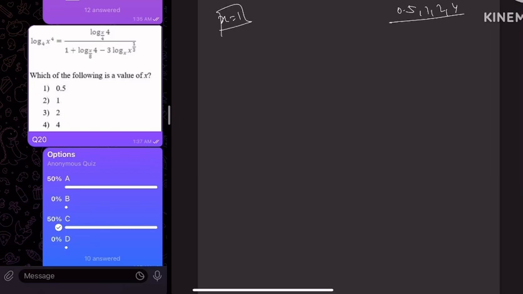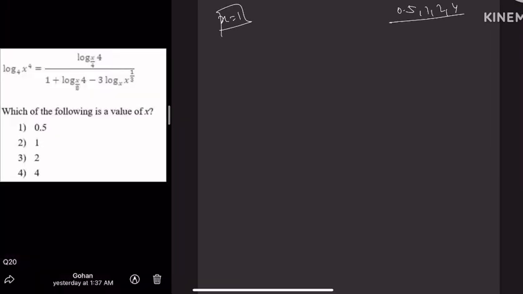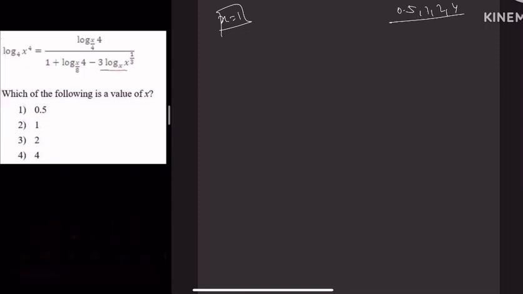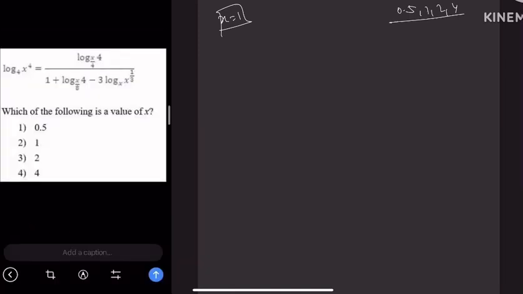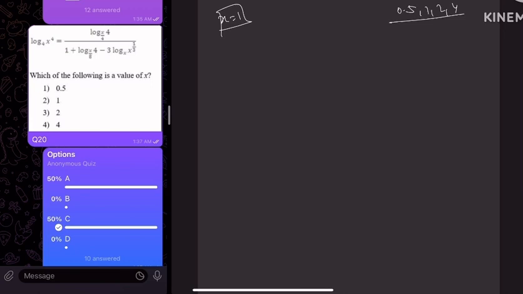So as soon as you put 1, you can see over here that the log base is 1. So as soon as the base becomes 1, this becomes undefined. Okay, so 1 is not possible. So which means that 1 is gone from the race. Okay, now we are left with other options. What we have is x equal to 4. Okay, 4 we have.